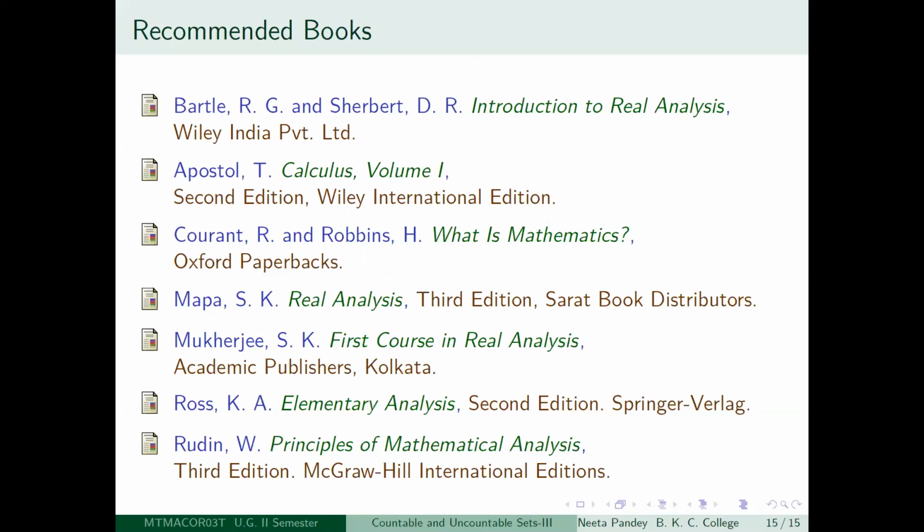And what I want to stress is that whatever we have learned about countable and uncountable sets is going to be useful in our understanding of real analysis for the time being. But what we have also shown is that you can proceed further in this direction instead of going into the other parts of real analysis and get several interesting things. So this is a subject in itself, of which we have just seen the tip of the iceberg. That is what I wish to say. So let us stop here.